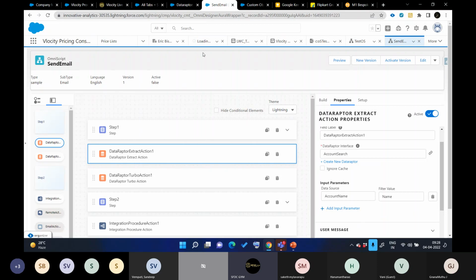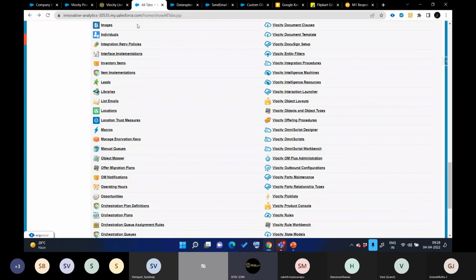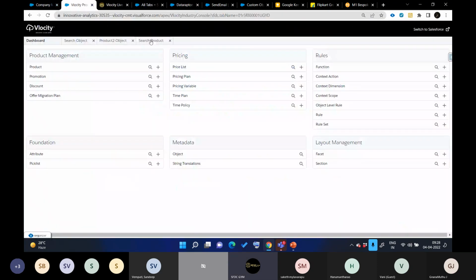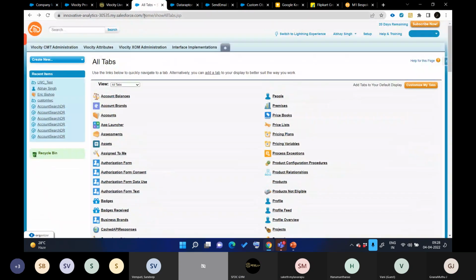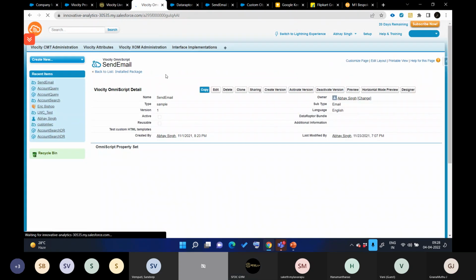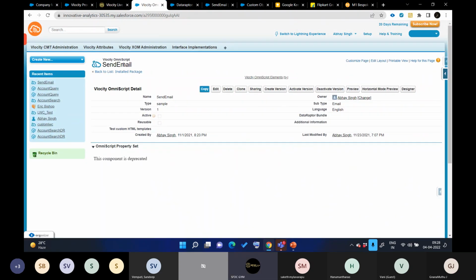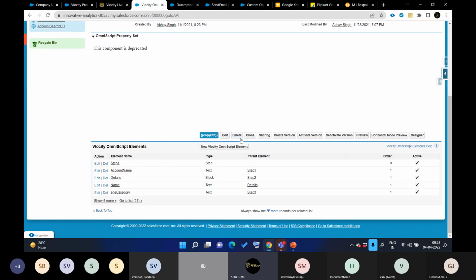And how is this view page working? They are storing this data in JSON and adding this data into this record ID. If I just open this, because like I said, this is running on top of Salesforce, you will see this is nothing but an ID, which is a record ID. This is the same name that our OmniScript was given, and they are storing the data.